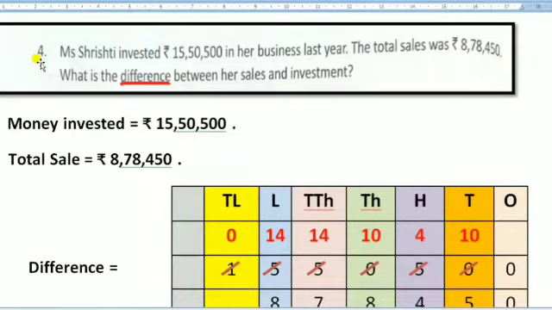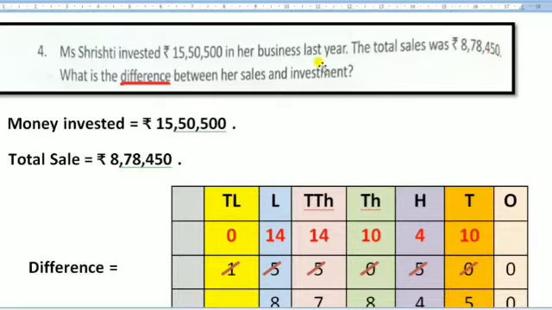Now comes to question number 4. Miss Srishti invested rupees 15 lakh 50,500 in her business last year. Means this person has invested 15 lakh 50,500 in the business last year. The total sale was rupees 8 lakh 78,450. Now in the business, when the selling was done, the value earned was rupees 8 lakh